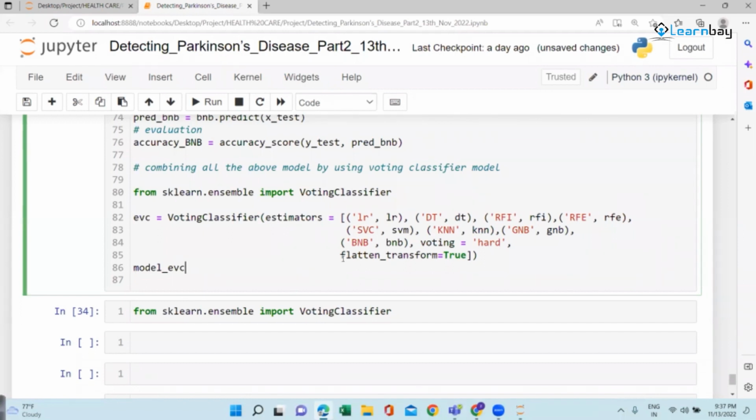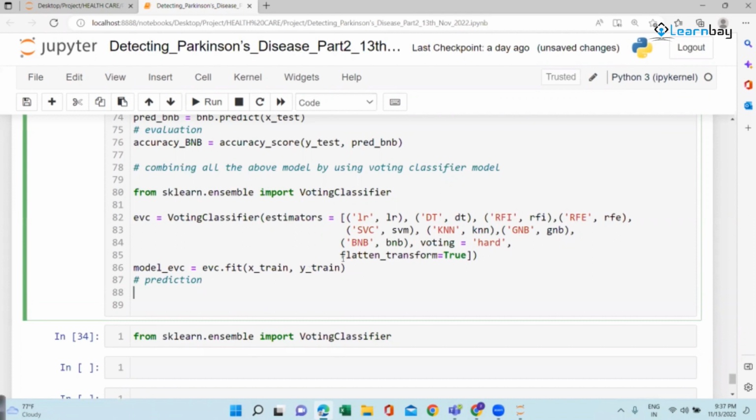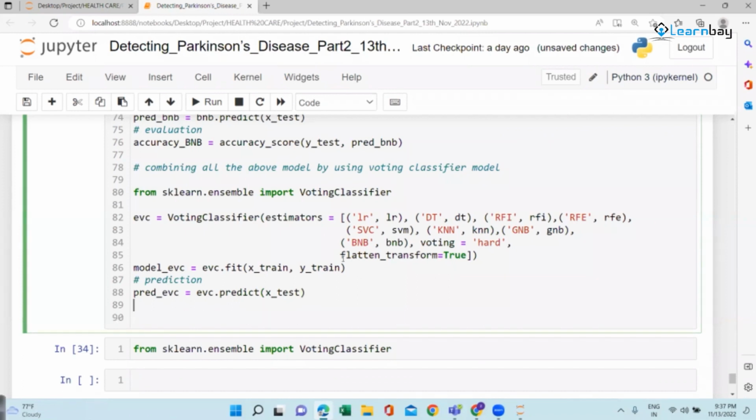EVC means ensemble voting classifier, equal to EVC.fit, and then you have to pass here X_train and y_train. Everything I'm combining and then doing it. So prediction: predict, ensemble voting classifier equal to EVC.predict, and here you have to say X_test data, and after that, my friend,